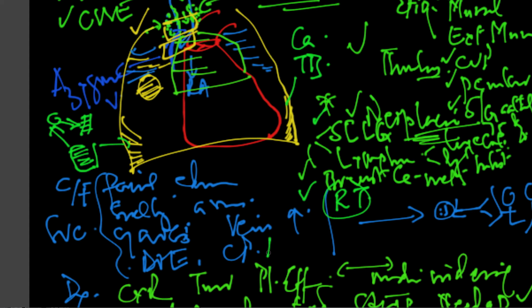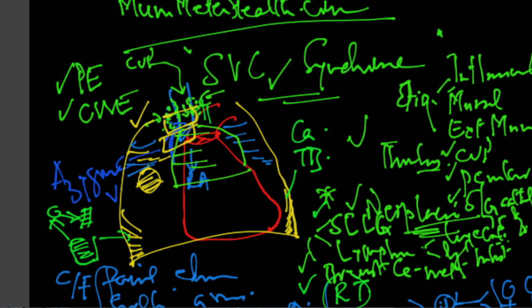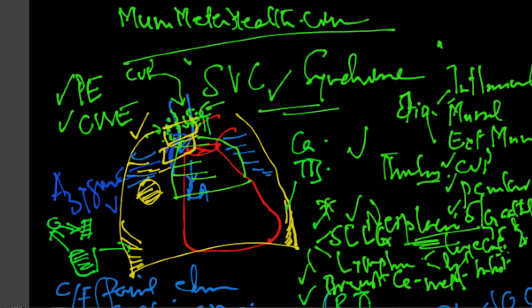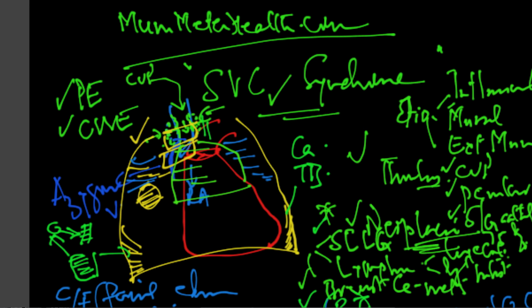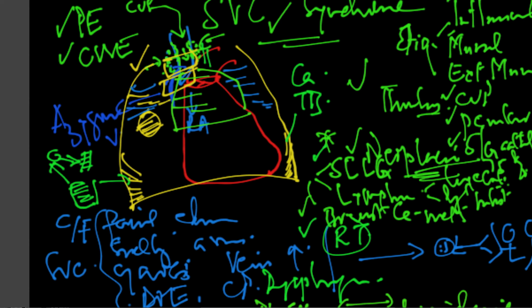There'll be some swallowing difficulty also. So let's include dysphagia as a symptom also, because the esophagus runs right here, and some of these lymph nodes can even obstruct the esophagus. As a result, one may have dysphagia. Patients are not able to swallow, and they'll say each time they swallow a bolus, it seems like it's getting stuck. So, in a nutshell, what you've learned is,